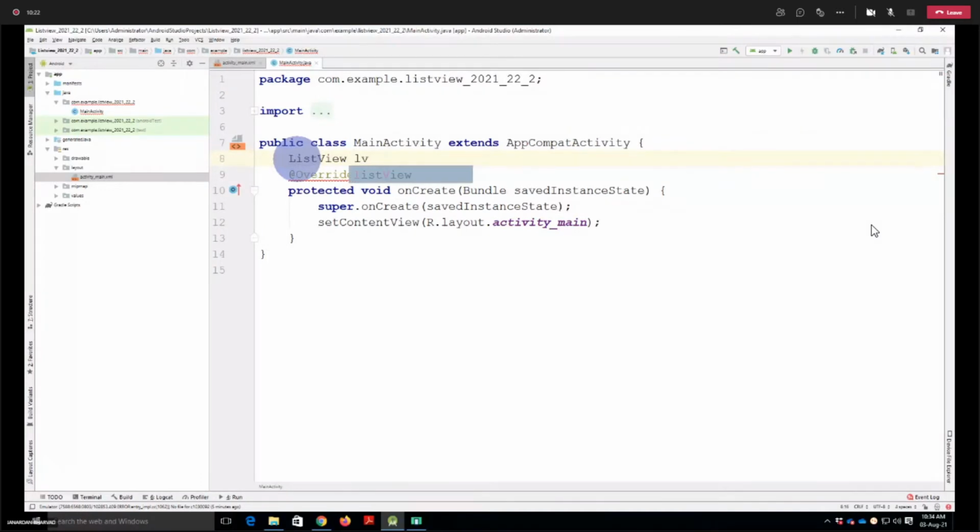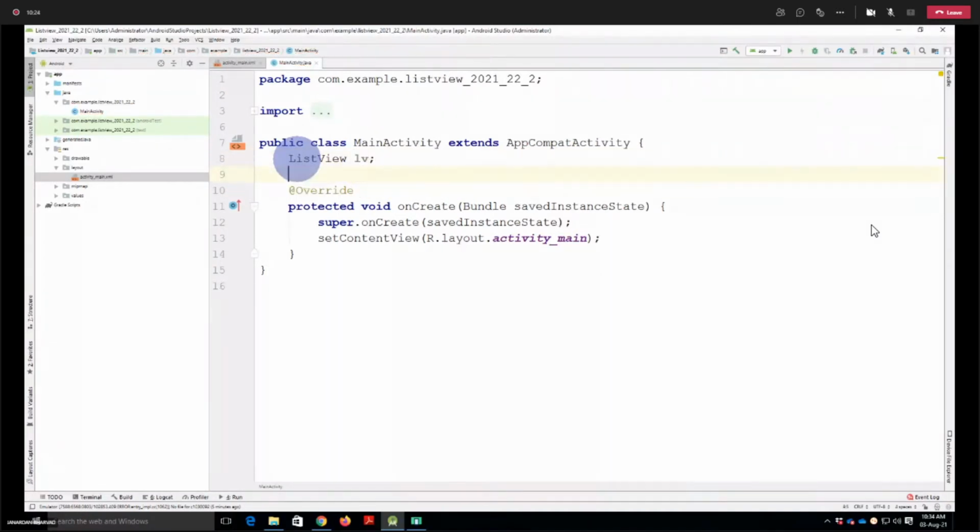The second thing, we need some names. Suppose I need some names so that I can store them in an array, right? A String array, so that I'm creating here, and I'm naming it names. This is the first part.